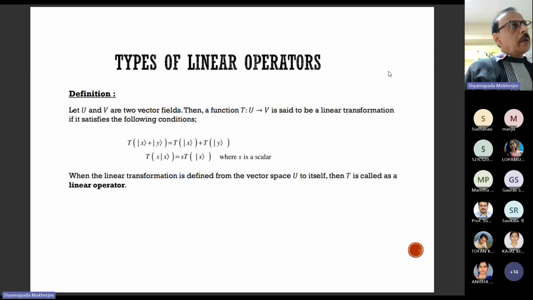And a quantum operator, more specifically, is a unitary matrix, and it is a linear operator. So these are the properties of the linear operator. It acts linearly on two vectors and has some properties. Then